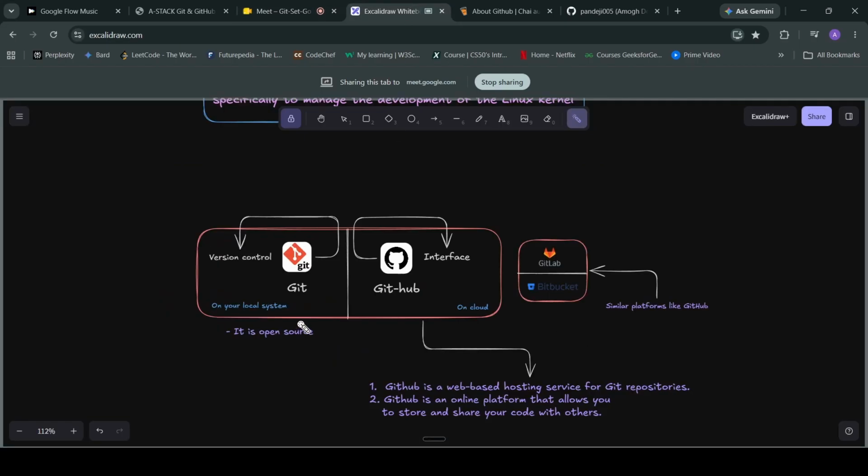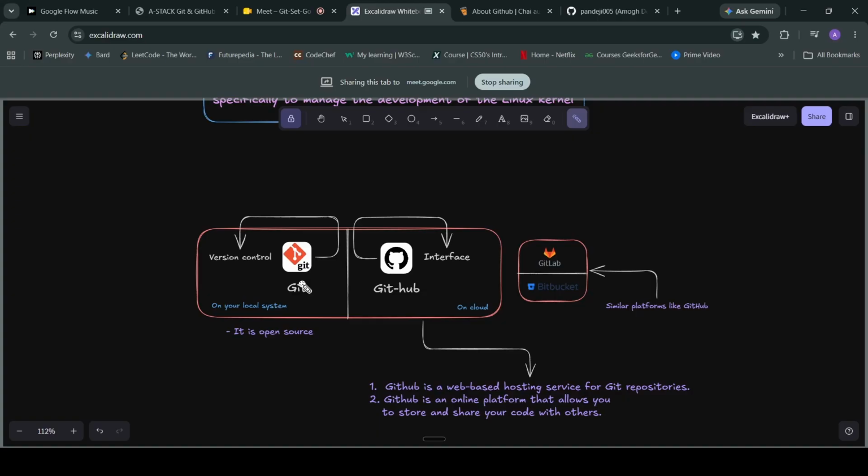So let's continue. First of all, we'll understand Git and GitHub. These two things are completely different. Git is a version control system. What I mean by version control is, let me give you an example. You are working on a project in your company, and there are thousands of files, and each person works on different files at the same time.